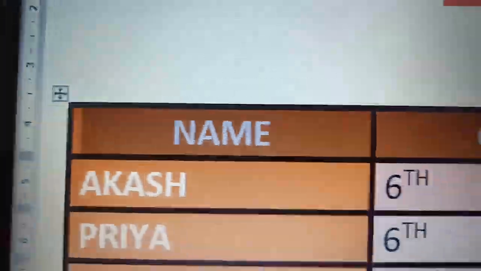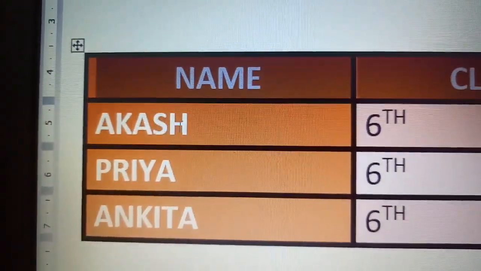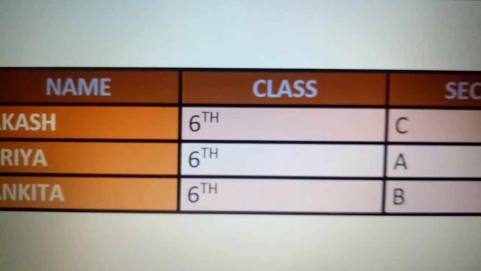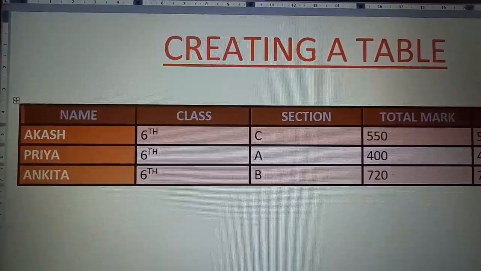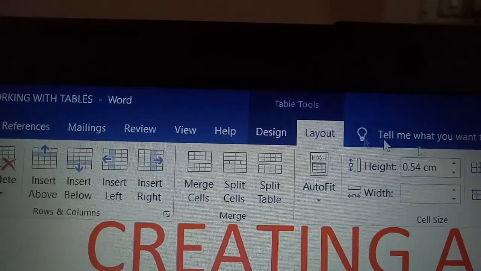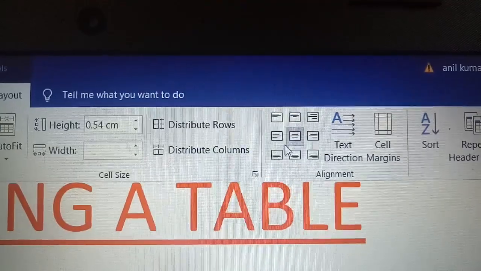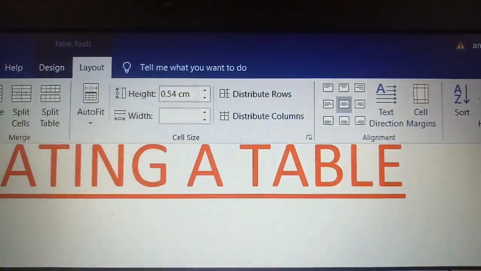Similarly, all the details of the table I also want to align, so I will select everything. Then from Table Tools, Layout option, I'll go to the alignment, and select the same thing. Sorry, it did not get selected.